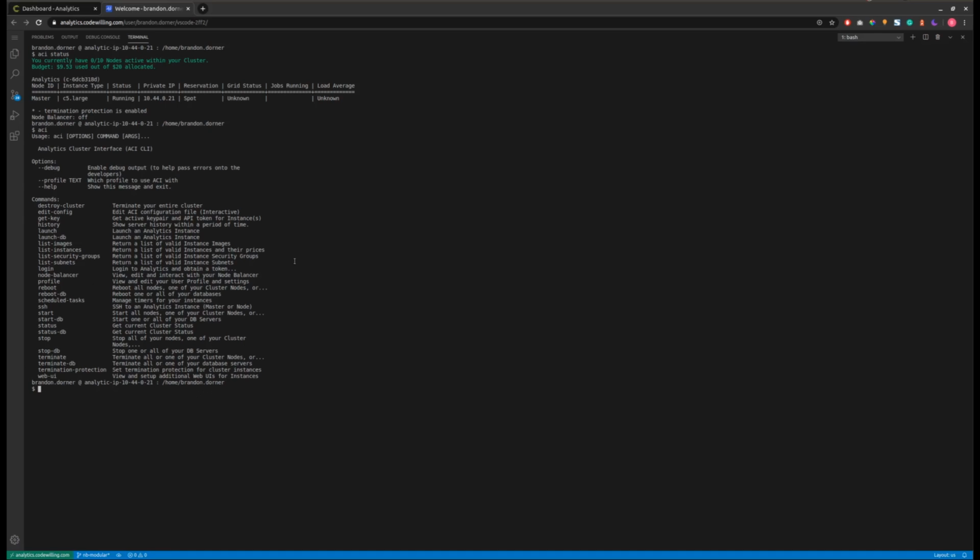So we want to spawn a node balancer. So we're going to do ACI node balancer, and I'm going to do --help so we can see all the commands. So you can see there's disable, edit, enable, info, and request. I'm going to do enable, so ACI node balancer